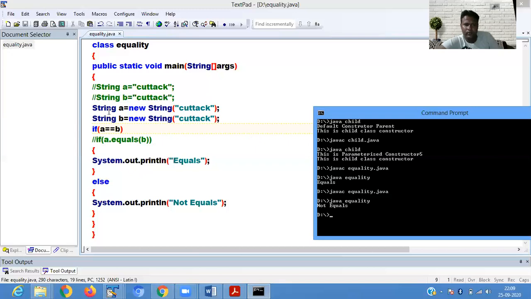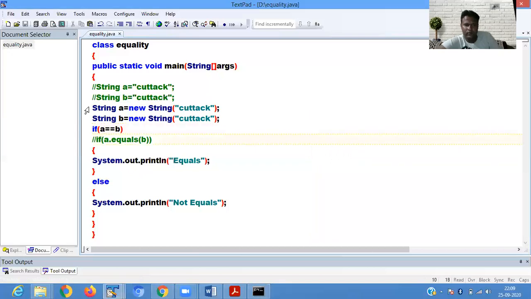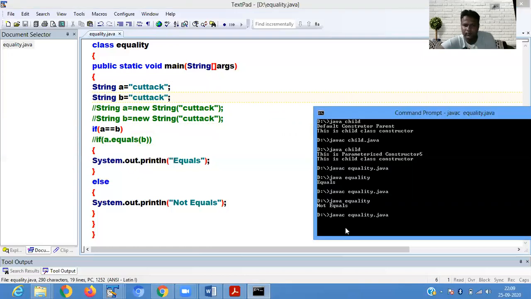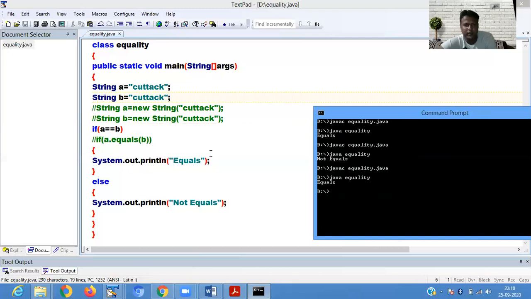Now, when you store the value in a variable, so here the reference is over. Now we store the value in a variable. So with the equal operator, it shows equals. We stored the value in a variable.